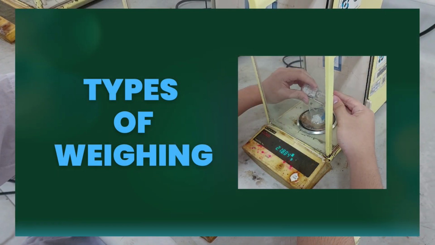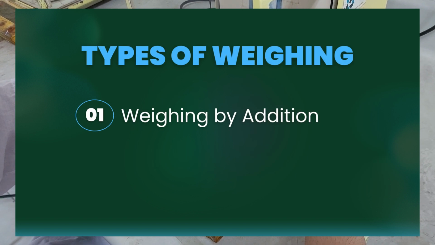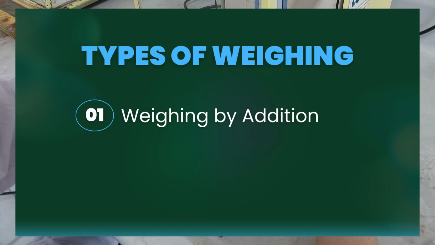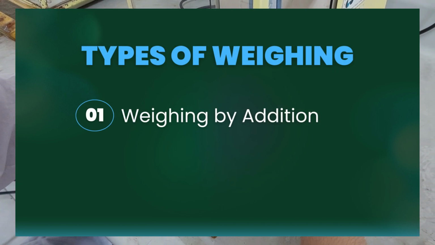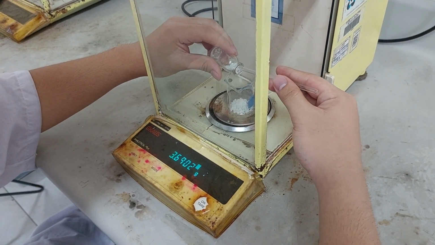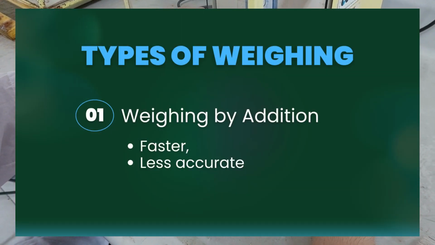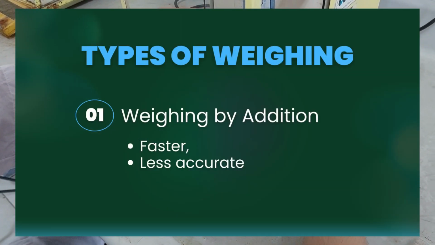There are two weighing techniques that can be used depending on what is needed in the experiment. The first method is weighing by addition, where the mass of the reagent is determined by finding the amount of mass added to a container once the reagent has been placed in it. This is done with non-quantitative chemistry, where deviations in variables such as concentration do not result in significant error in